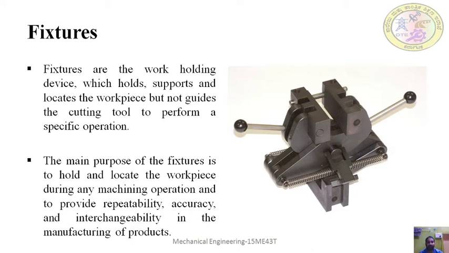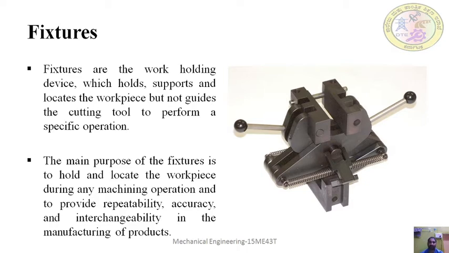The main purpose of the fixture is to hold and locate the workpiece during any machining operation and provide repeatability, accuracy and interchangeability in the manufacturing process. So a similar kind of operation done by jigs will be done by the fixture. The only difference is that it will not guide the tool. Every operation is done by the fixture, in order to produce repeatable identical parts with interchangeability and the same dimensions